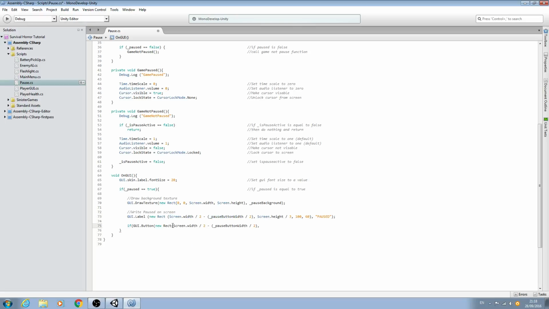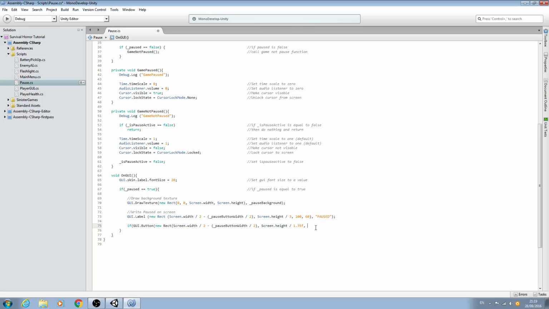So that's its position on screen in terms of the width. For the height, I'm going to say screen.height, and I'm going to use divide by 1.35f. I've done a little bit of experimenting. This is roughly where I want it, but as always, I encourage you to experiment with this value yourself until you find something that you're happy with. Comma and a space. So we have our button, we have the position on screen, the width and the height, and